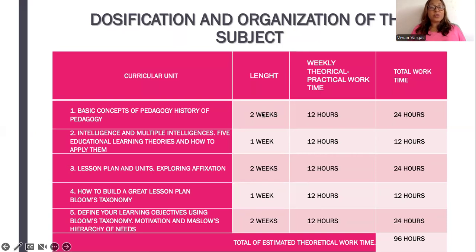Now that's for the first one. Module 1 has 2 classes, 2 weeks. Module 2 is for 1 week. Module 3 is for 2 weeks. Module 4 is for 1 week, and module 2 is for 2 weeks. Each of them meaning two classes, 1 class, 2 classes, 1 class, 2 classes, until you get 8 classes. Okay? Now, let's continue.